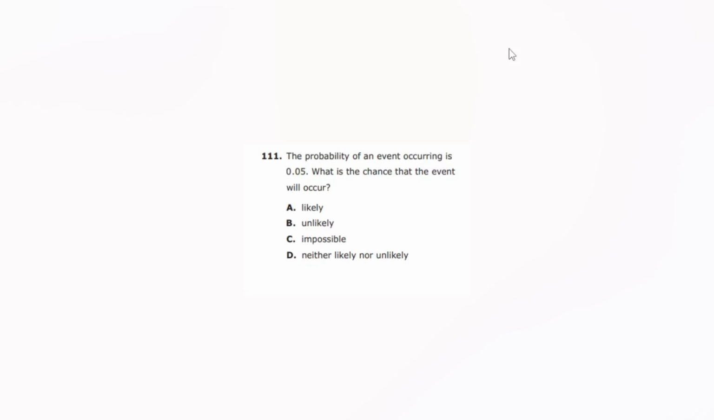Now, on your test, this number can change. This is 0.05. If you just know what 0.05 will be, it's not a good amount of information, right? What you really need to know is the actual information needed to answer this question. So theoretically, for probability, if something is likely to happen, it has to be above 0.50, or 50%. Okay? For unlikely, it has to be below